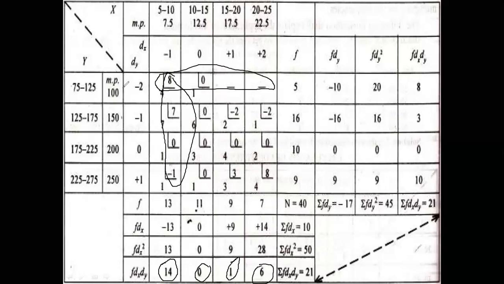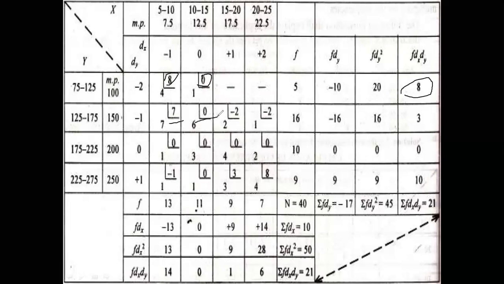In the same manner, horizontally now we are going to calculate the value of the last column, which is f dx and dy. तो हम उन्हीं ब्लॉक का हम एक बार फिर से सम करते हैं. What we need to do? 8 plus 0, the value is 8. The next is 7, 0 minus 2 minus 2, value will come 3. 7 minus 4, value is 3. All 0, the value will be 0. Next is minus 1 plus 3 plus 8, the value will be 10.